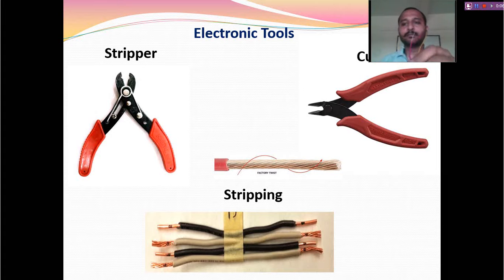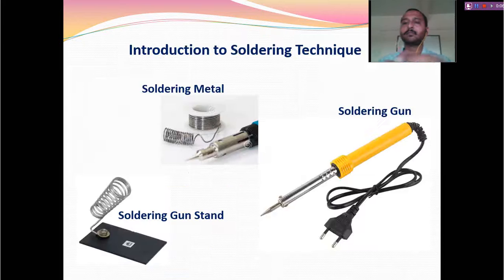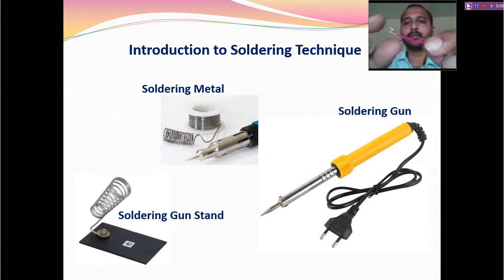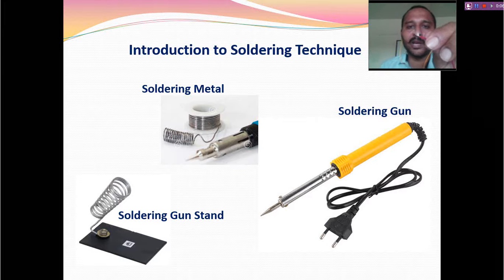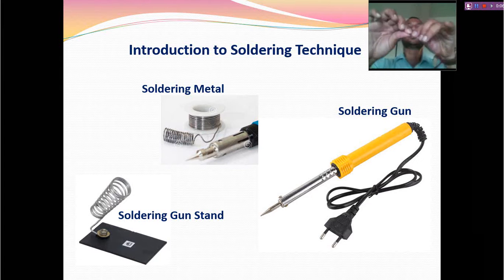So now if you see this, there is a bunch of wires. Now suppose I want to use this wire. That is the reason it is known as multi-stranded wire. There are multiple thin metallic wires inside. Now I will twist it. See.